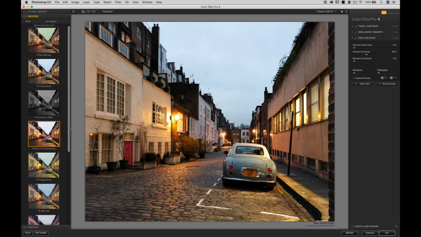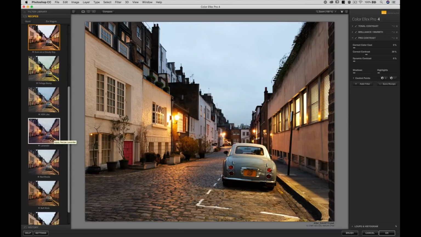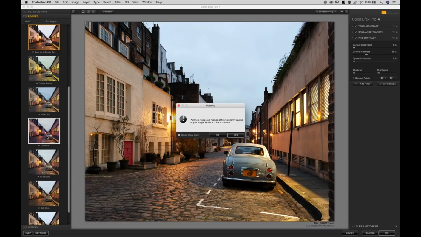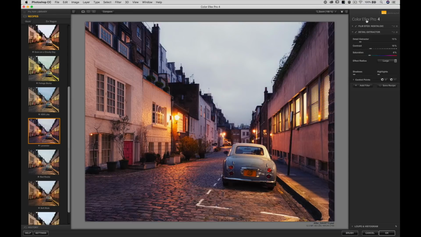Now, I actually do want to start with a recipe here and explain what it's doing. I'm going to scroll down towards the bottom and click on the lavender recipe here. As I do that, what you'll notice is, compared to the last recipe that I clicked on, with tonal contrast, brilliance and warmth, pro contrast, we're going to get a new set of filters. In this case, it's just Film Effects Nostalgic and then the Detail Extractor filter. Now, every one of those recipes that are built into the software, or any recipe that you create yourself, I'll show you how to do that in a couple minutes,